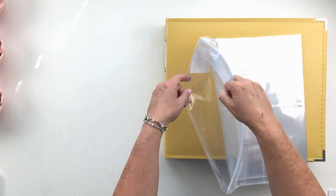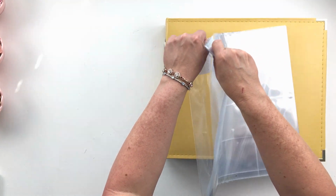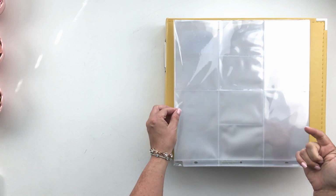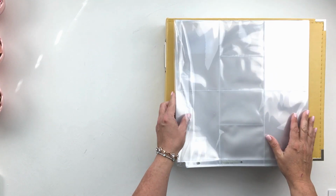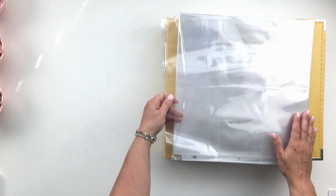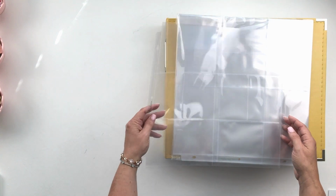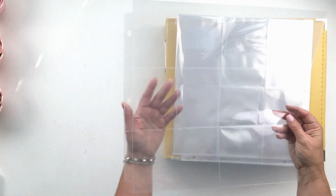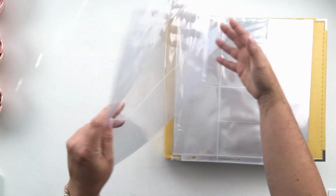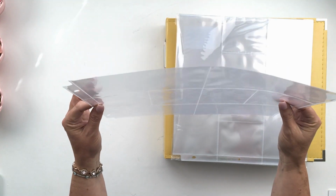And so there's a couple of things that I look for in a page protector, and that is the size of the pockets, the strength of the seams, and how they look with other brands. So this is Scrapbook.com. This is their brand of standard design A page protector, and it does have a little bit of, it's a